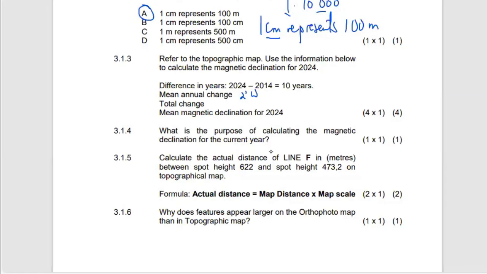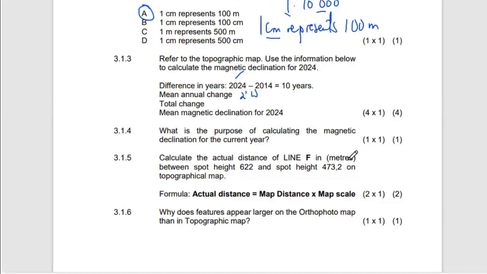So the difference in years is 10, which we receive from the map information is for 2014, and we want to calculate for 2024, which means 2024, which is the year in question, minus the map year, we get 10 years, which means over the 10 years, the angle which was there had changed